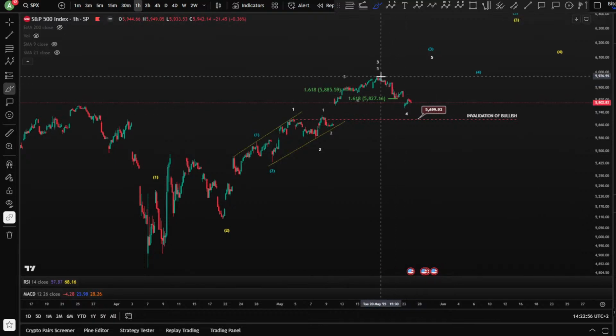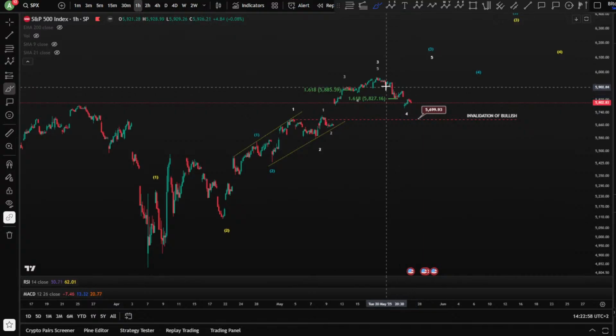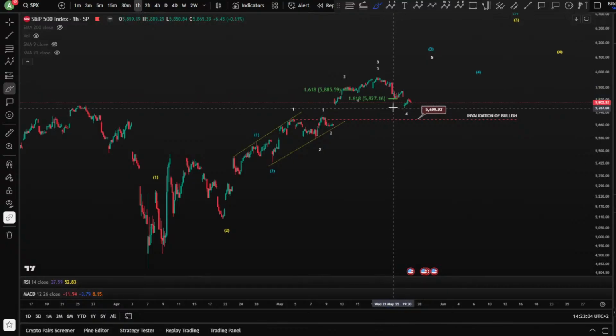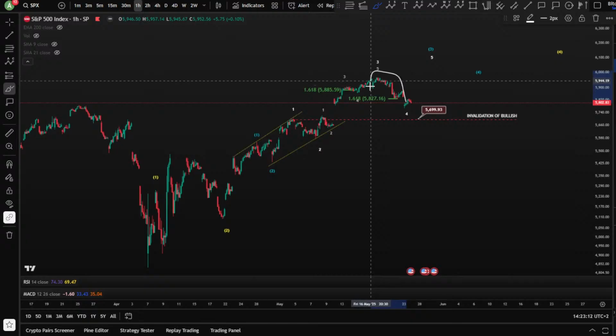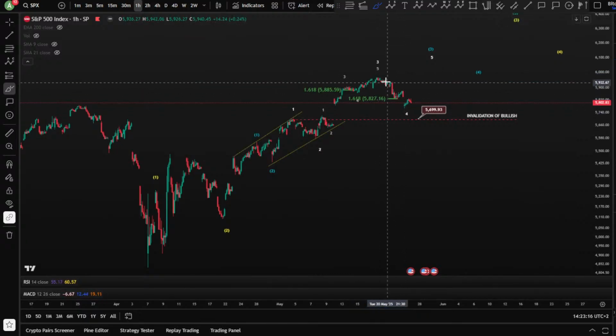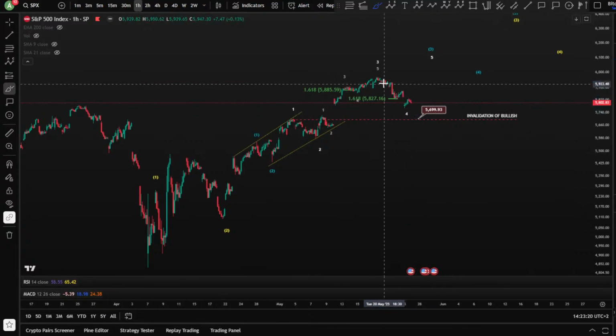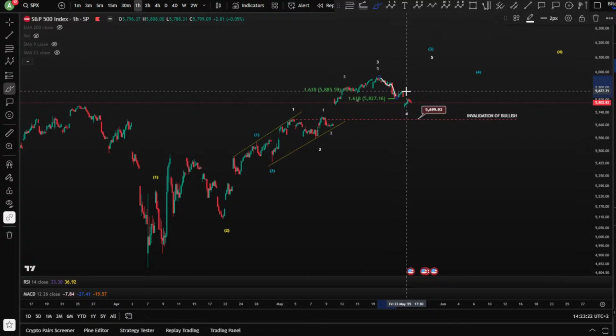Now it looks kind of like an impulse, but obviously it is not. The wave 3 is not extended, and the wave 5 looks even longer, right? So it's not really a nice impulse to look at, right? It should look nice. Remember the Elliott wave guideline that it should look nice. This doesn't look nice as an impulse. Therefore, I think that what is going on here is a complex structure in a zigzag, another zigzag, and an X in between.